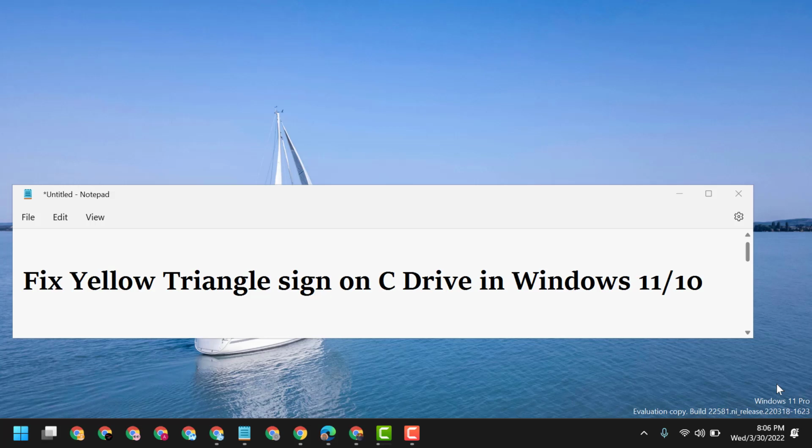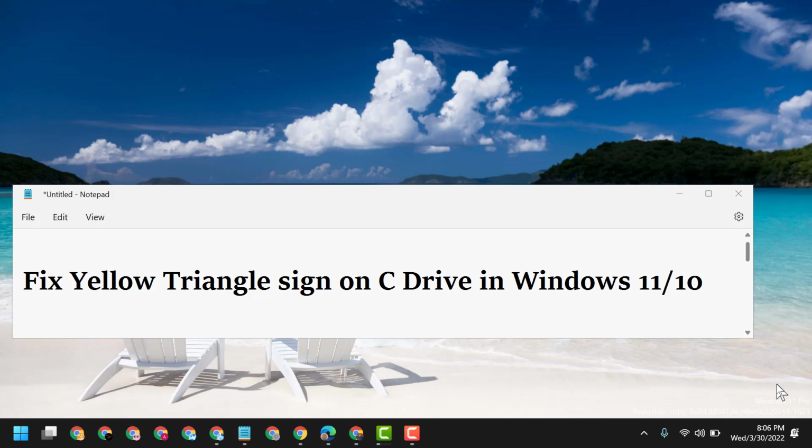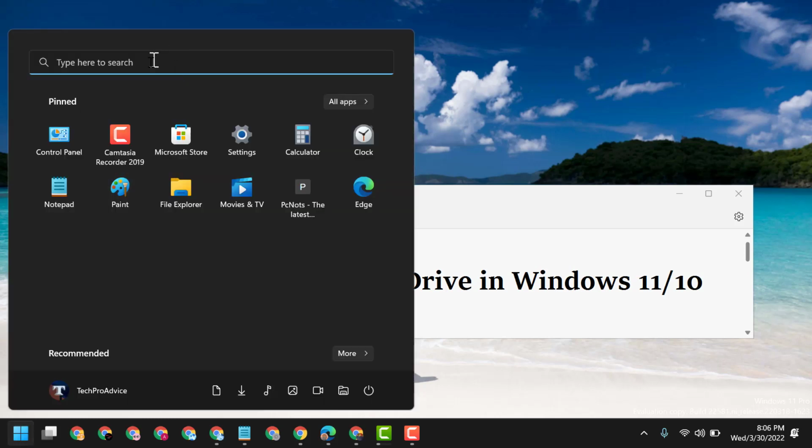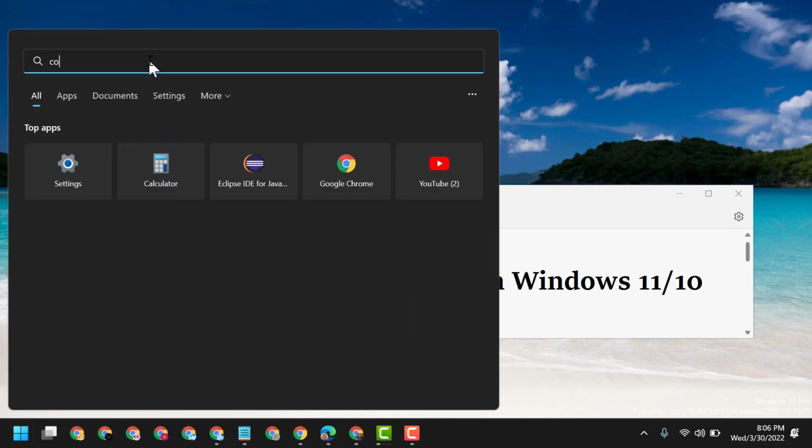Hello friends, today in this video I will show you how to fix yellow triangle sign on C drive in Windows 11 or 10. So to resolve this problem, click on Start, type here Control Panel,